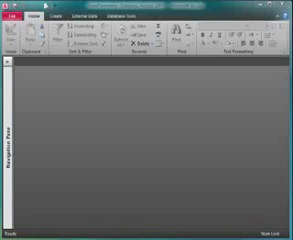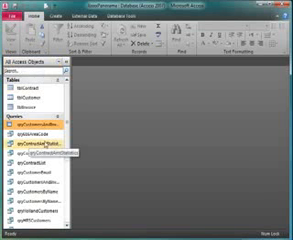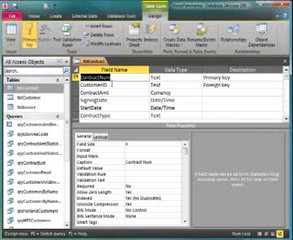I'm working in the New Perspectives Microsoft Access 2010 textbook. I'm in Tutorial 5, and on page AC254 I'm going to create a lookup field in the Panorama database. So I'll start by opening up the contract table, and I'm going to try to create a lookup field in